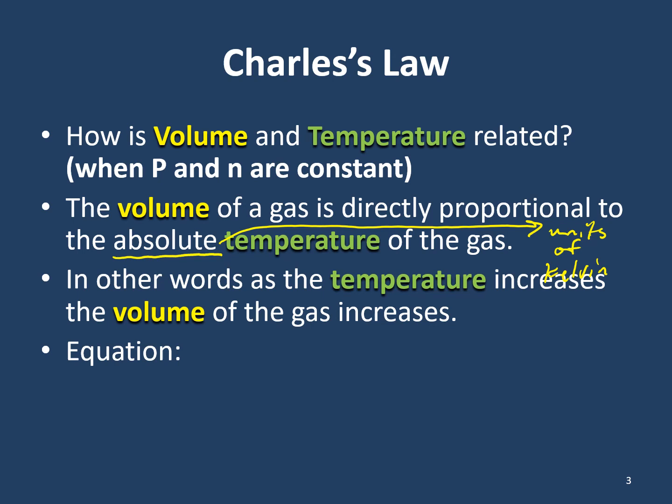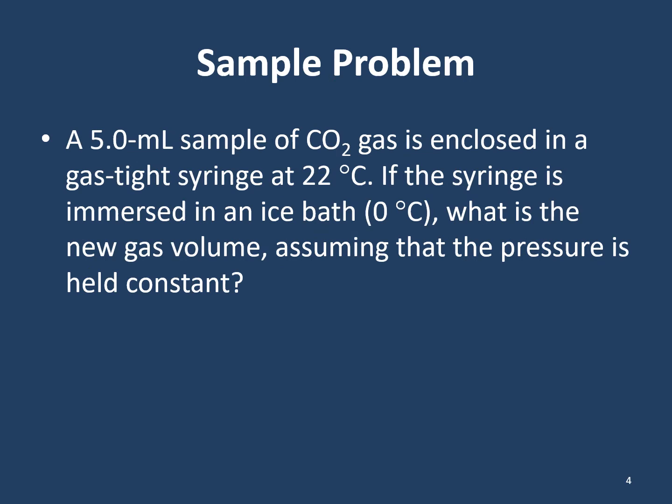So we have an equation here that's slightly different from the previous one, but similar. It has V1 over T1 is equal to V2 over T2. And so we're comparing an initial condition to a final condition in this type of equation. Let's do a sample problem with this. So in this case, we have a 5 ml sample of CO2 enclosed in a gas-tight syringe at 22 degrees Celsius. If the syringe is immersed in an ice bath until the temperature is 0 degrees Celsius, what is the new volume, assuming that the pressure